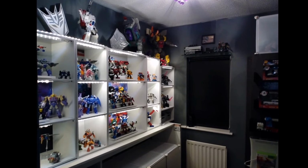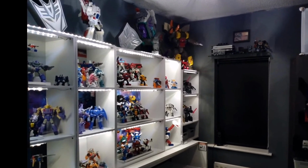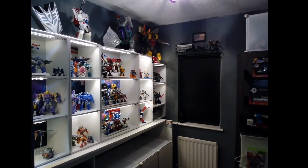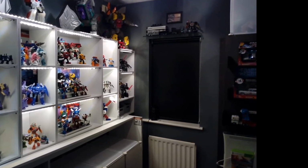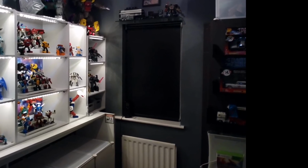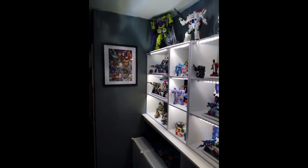Next up is Lee Hancock's collection, and we can see he has gone for those fantastic white LEDs which work with the white shelving. I do love the shadows it's giving off on the displays. And in terms of the figures on display, again, we're seeing a lot of Generations figures here in this video. Not that there's anything wrong with that, that's definitely my jam. You can also see a couple of Xbox crossover figures, as well as an Ultra Magnus in the corner with that classic Xbox 360. Getting a different angle for that display there, and again, it just looks really cool and